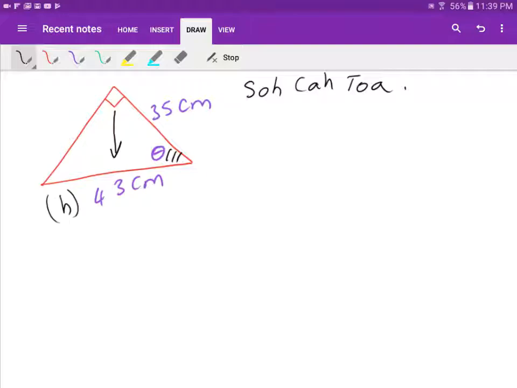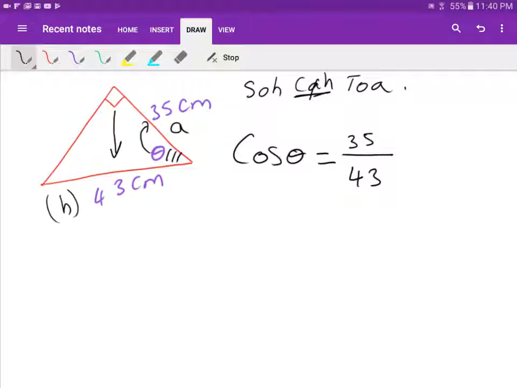Then this side here is next to this angle, theta, so we call it adjacent. So you've got A, you've got H: AH, so it's CAH. We're going to choose CAH, and we just follow this order. So we go cos of whatever the symbol is, just write it down, equals A, which is 35, over the last letter, H,